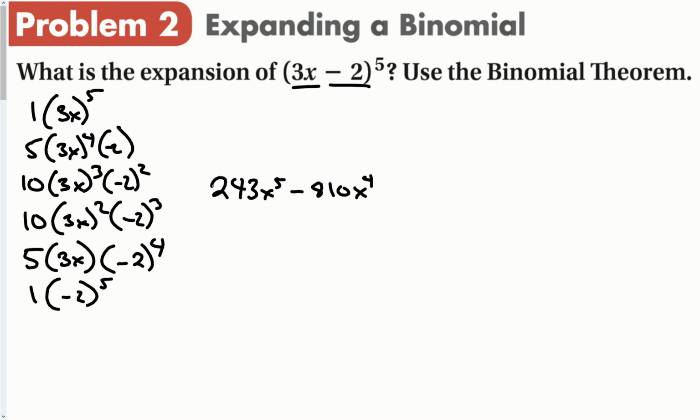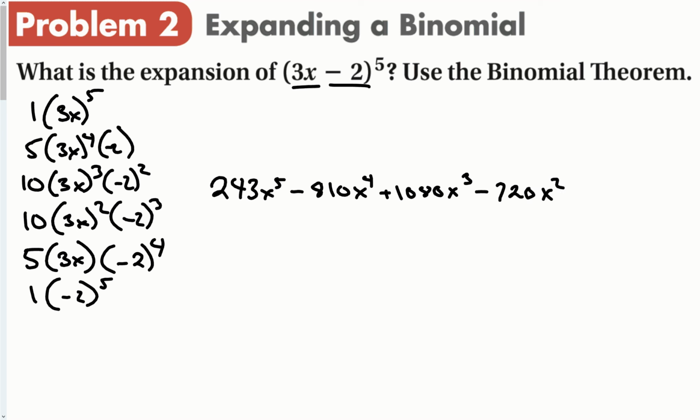Okay, so first term was positive. Second term was negative. Watch what happens to the third term, because -2 squared becomes a +4. So that's 10 times 3 to the third, which is 27, times a +4 is a positive 1080x to the third, because we have a third power here. -2 times -2 times -2 is -8 times 3 squared is 9 times 10 is -720,